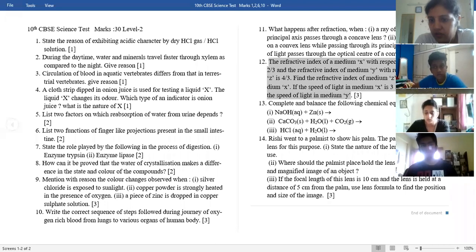Is it clear? Are you able to understand this part? So you have to mention two factors. One is because of the two-chambered heart. Actually, you have to mention the amount of oxygen dissolved. Due to that, the rate of respiration has to increase, because the amount of oxygen available in the water is much lesser. So to increase the rate of respiration, the circulation should be faster. Circulation of blood should be faster.